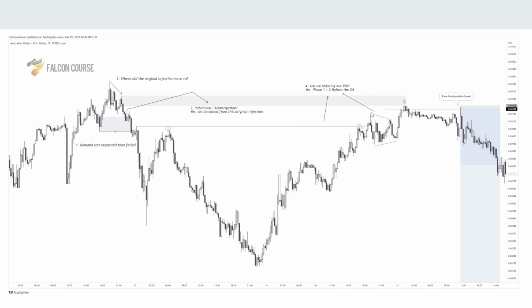So in this case, it mitigated something here and then added this price action to the inducement chain. Essentially, I could grab this line and move it up to here because that mitigated that, but we still haven't tapped into that POI. Based on number two here, where did that original injection of orders move to? It moved to this point here, then we detached. So we're going to be patient until we hit this point exactly. Once we sweep that, we are adding that and we can move up.